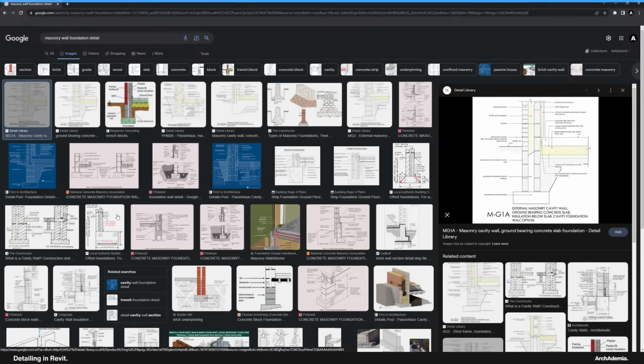In this video, I show you the basics of detailing in Autodesk Revit. Let's get into it. To get started, if you haven't got access to a library of details or a server or anything like that,